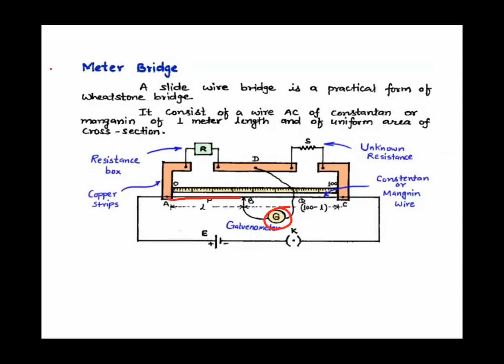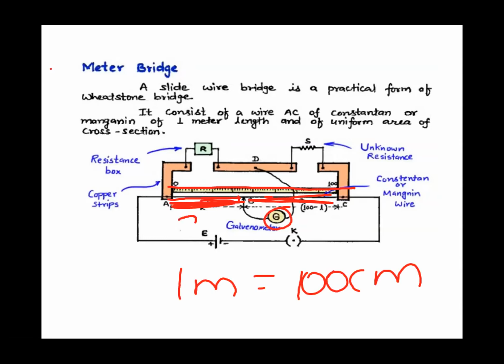Suppose that length is L and the length left is how much? See, the total is 1 meter, and 1 meter is 100 centimeter. Means the total length of this wire is 100 centimeter. Suppose this length which you found is your balance length, right children? That is L. Then what is remaining? Remaining will be 100 minus L. But obvious, isn't it? Suppose this is 30 centimeter. So the remaining will be 100 minus 30, that is 70 centimeter, because the total is 1 meter, and 1 meter is 100 centimeter.